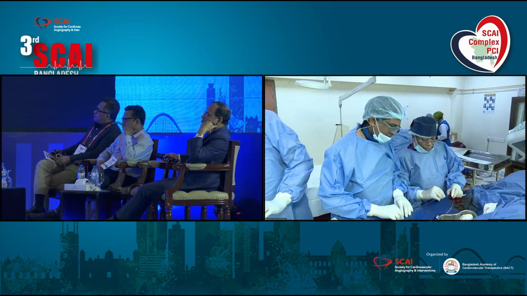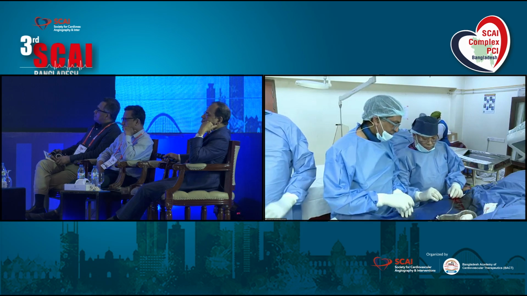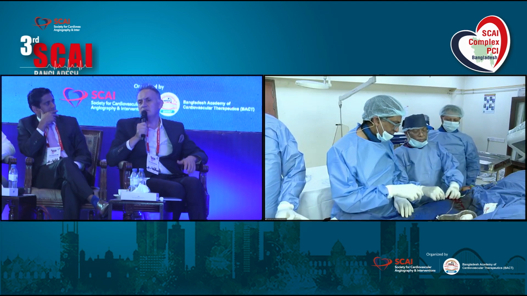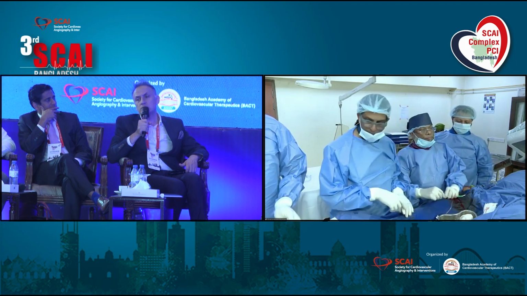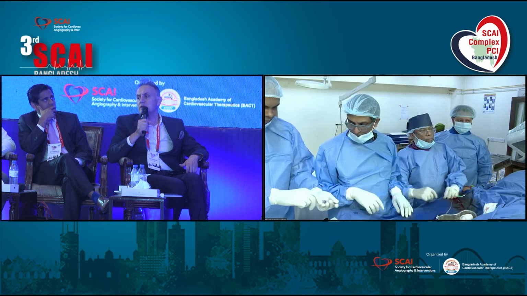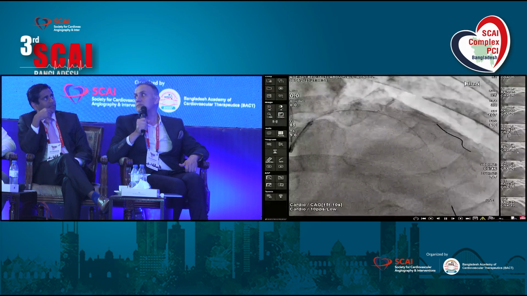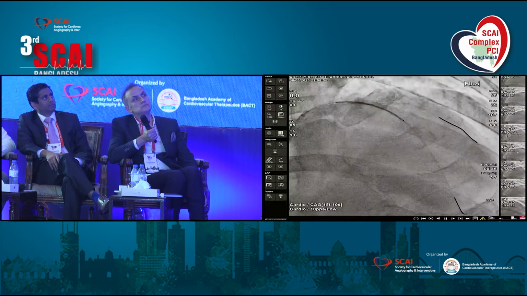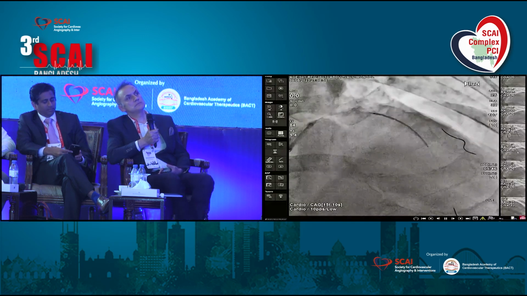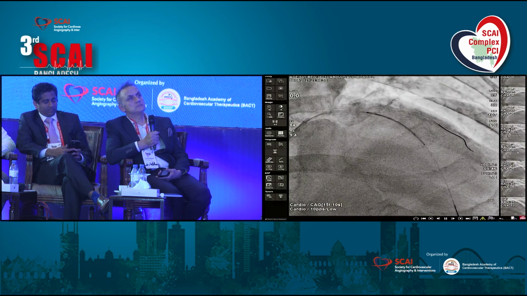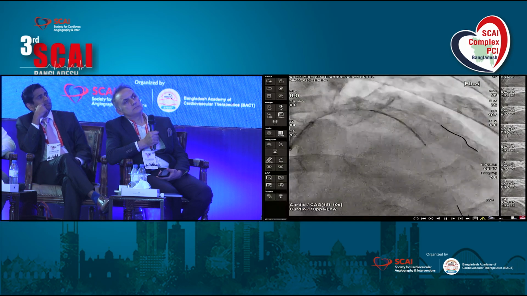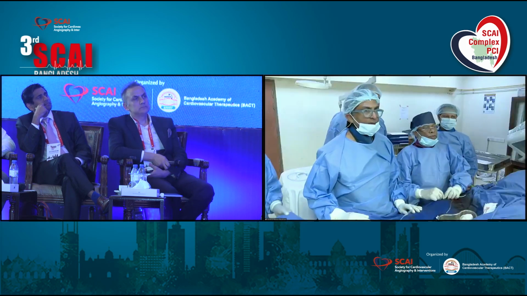So let's do a nice preparation of the lesion. If everything is good, with no dissection, we can try DCB definitely. And if not, we can do stenting, of course, and post-dilatation. And regarding the diagonal, yes, I would just keep it open with a wire. So, majority consensus is to keep the wire in the diagonal and treat the LAD. Yes, we have kept another floppy wire in the diagonal, and we have taken a Synergy 3 into 38. That's good.